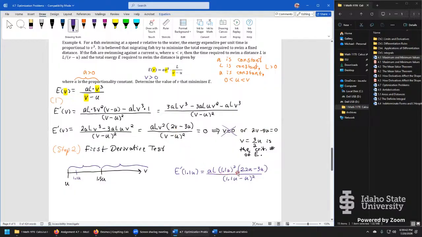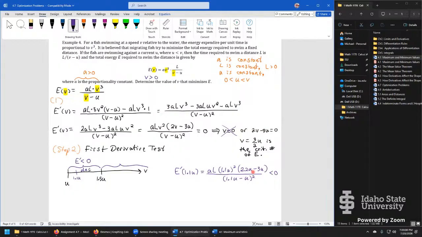Everything is positive in this numerator and denominator, except for that factor. 2.2u minus 3u is negative, which means the whole thing is negative. We only had to test one value, and this tells us E prime is less than 0 here,